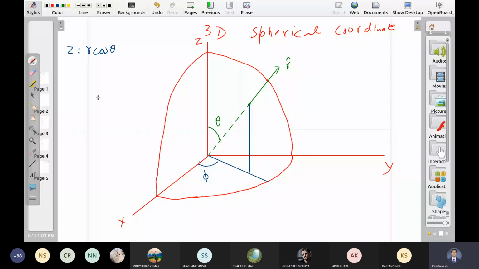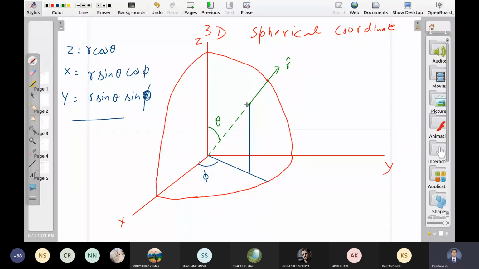Remaining projection is on the xy plane. So what is the remaining projection in the xy plane? R sin theta cos phi. Along the x-axis, जो भी remaining है उसका फिर से x के along cos phi, and along y axis sin phi. Quite easy. Question is,